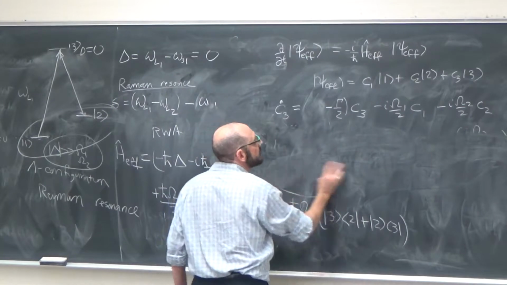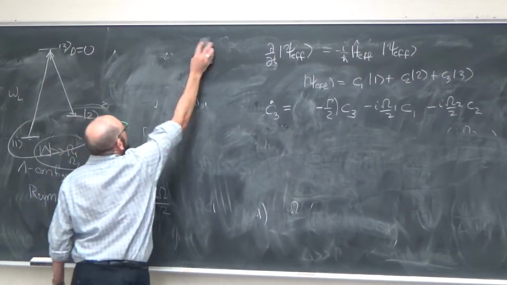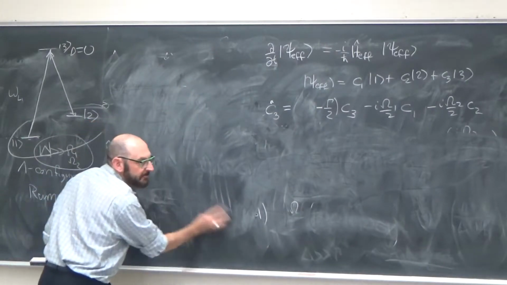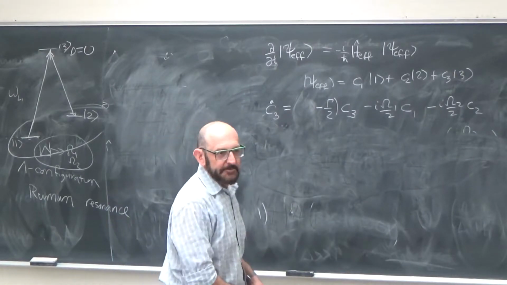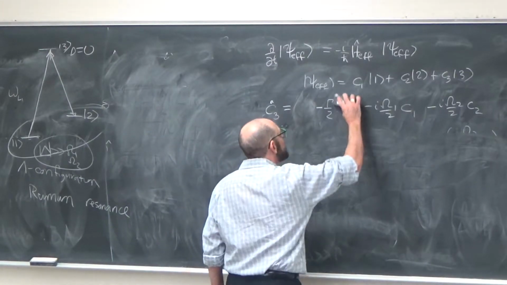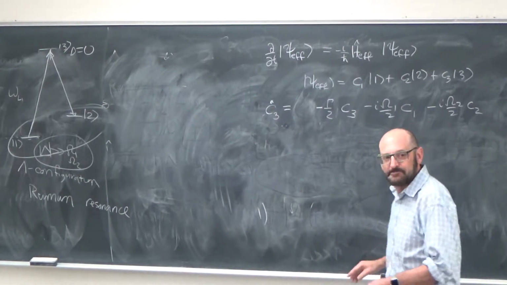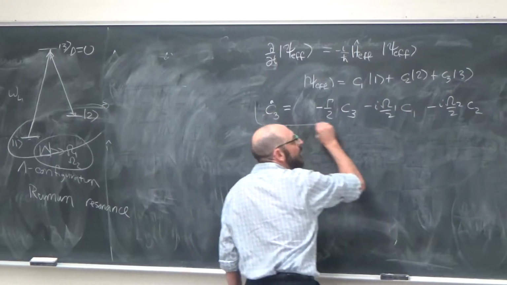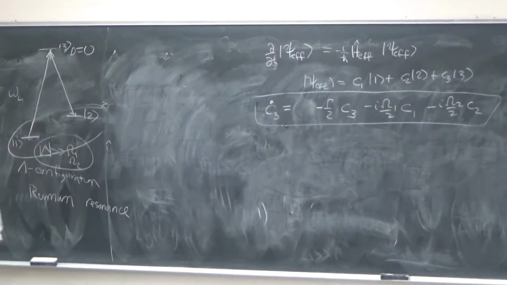Then you can't do the stuff that you did before. I can't do adiabatic elimination. I can't do that. Delta over gamma is no longer huge. That's correct. So all of those assumptions are wrong now. But this is still right. This is the effective equation for what happens in the excited state. And there's no refeeding term there. But notice,